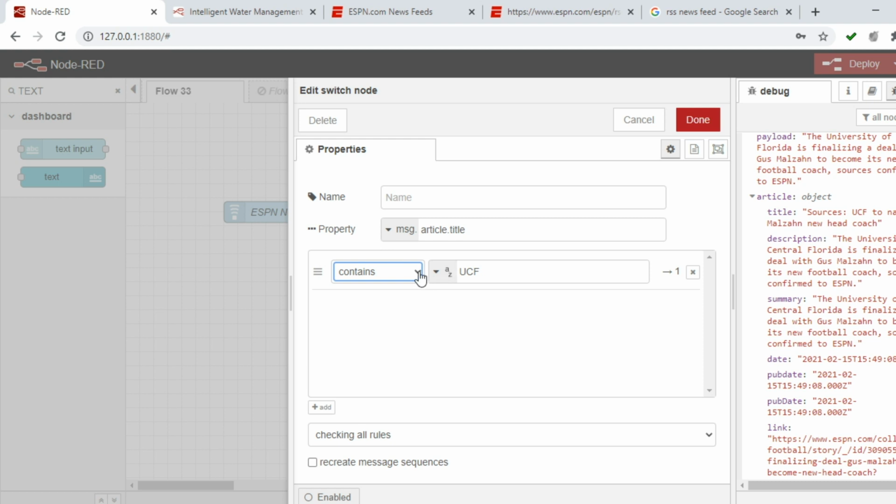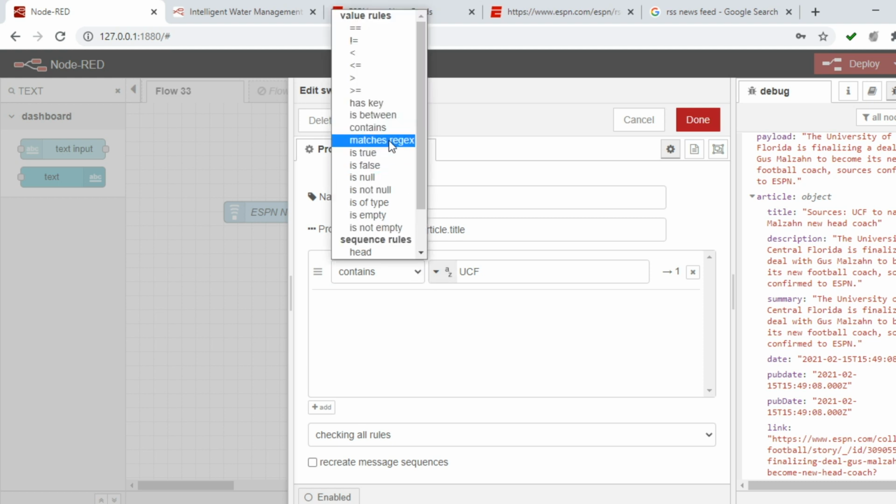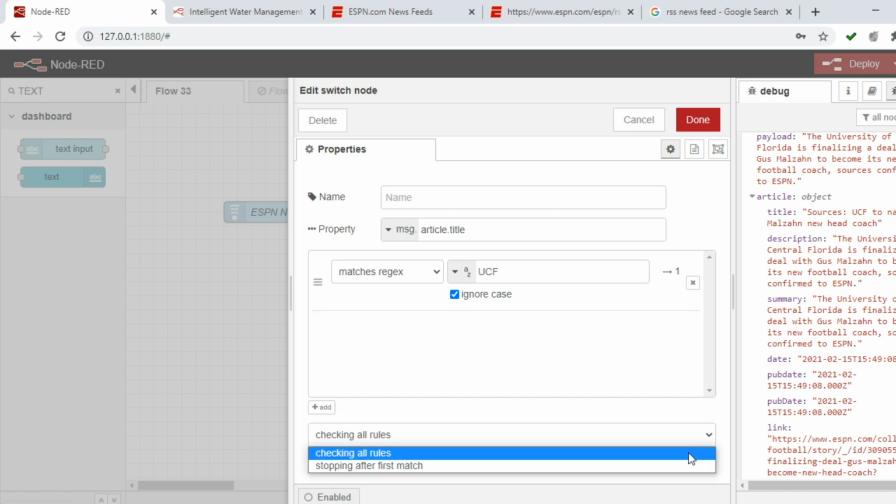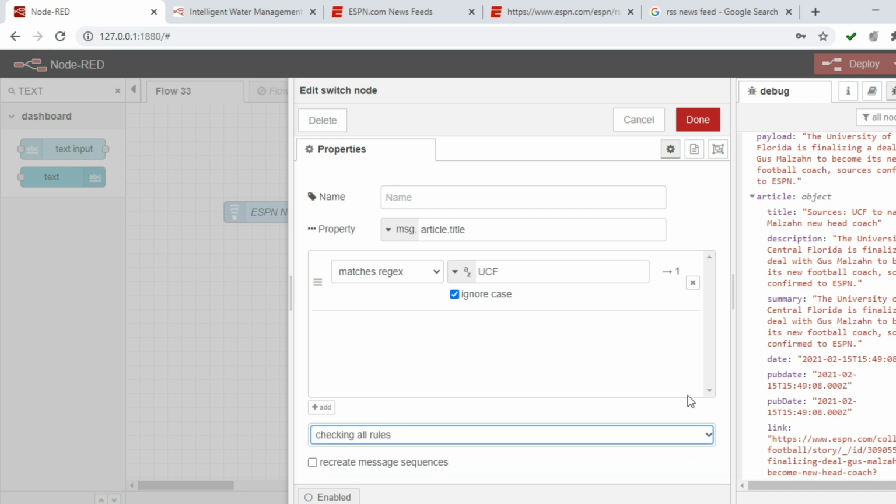If you want it very particular that ignore case should come, then you have to activate your ignore case. So they give UCF. If you want to add more verticals, you can add it here. So let me work with one vertical and I'll just show you the output. I'm checking the default as checking all rules, then click done. So that's all we have done with switches.